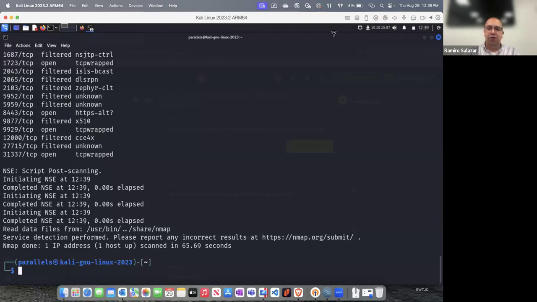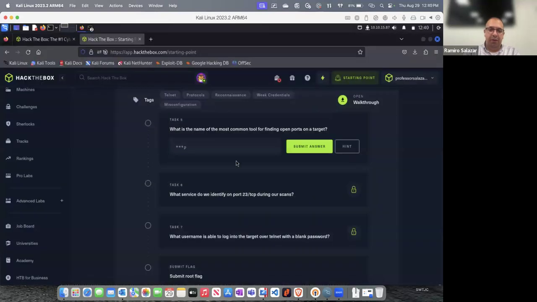So if I go back to the HackTheBox website. This tool is called Nmap. It's the most common tool that you can use for finding open ports on the target. I'm going to click submit